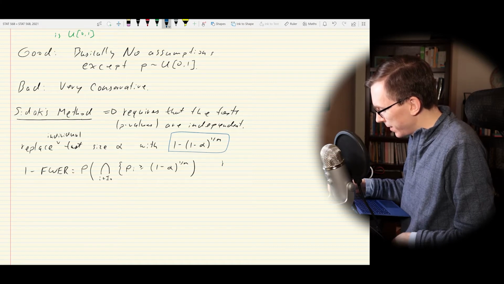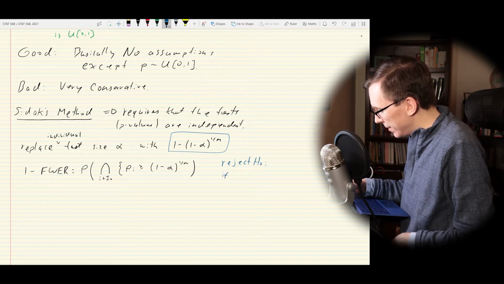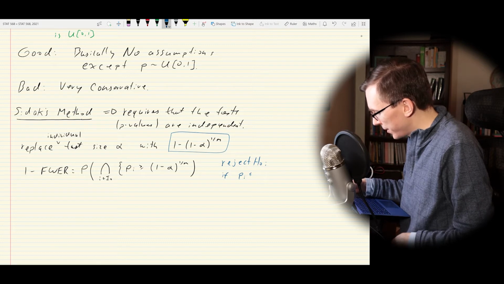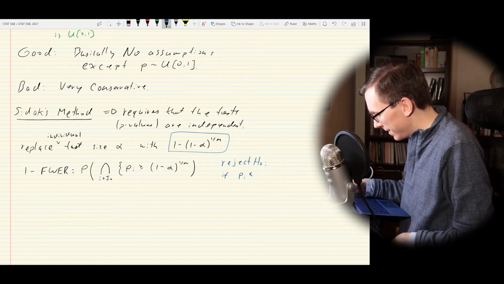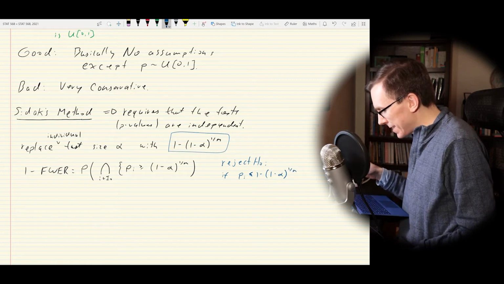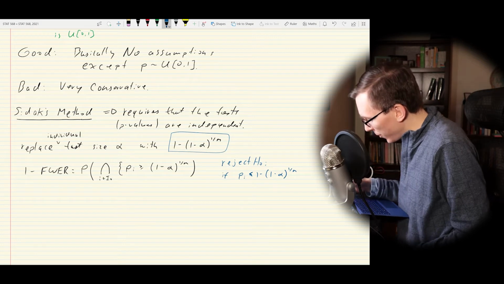We would reject H naught i if pi is less than, well, less than or equal to. It's continuous, so it should never actually be equal to, so we can just ignore that. 1 over m. So what that means is if we rearrange things a bit, what we're going to get, and